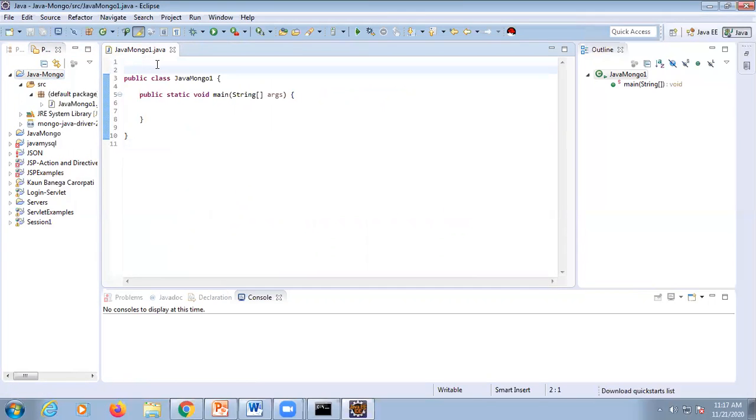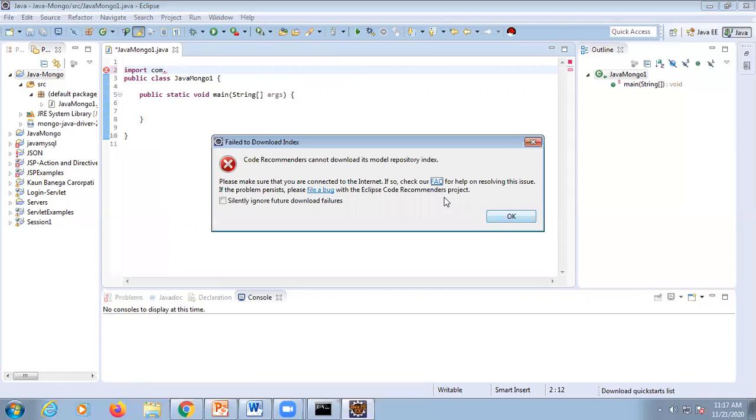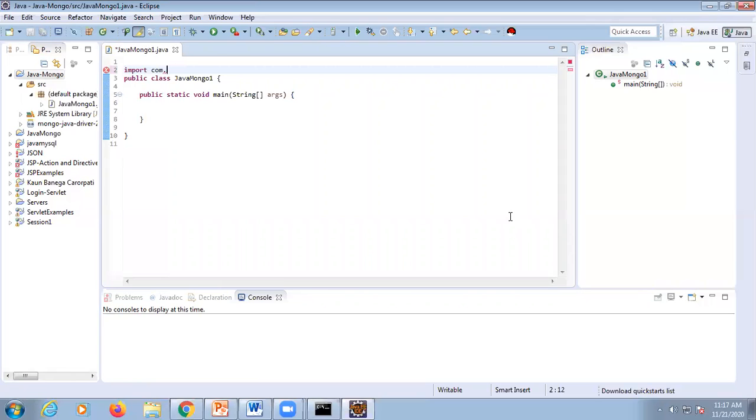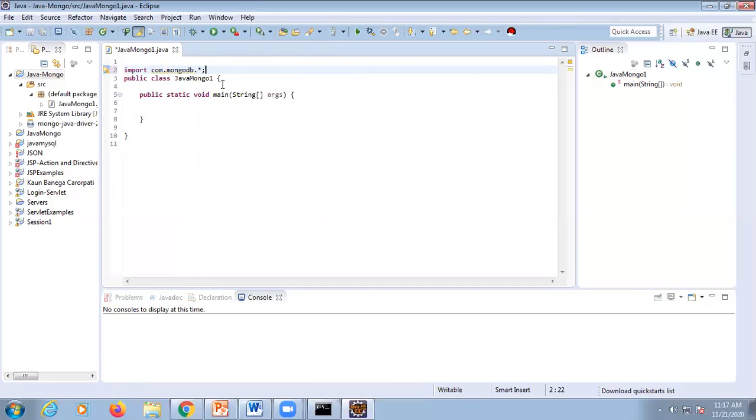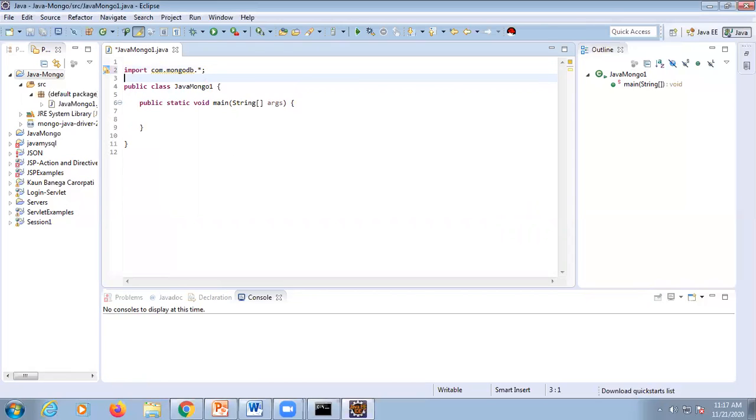So here it is used when you want to use any of the packages of Mongo in Java, you require this jar file. Now here you have to import the file name as com.mongo. The first time it gave you some kind of error, just click on OK. Again delete that dot and give the dot again, and now click com.mongodb. Now any MongoDB class object you can use, which is available in this package